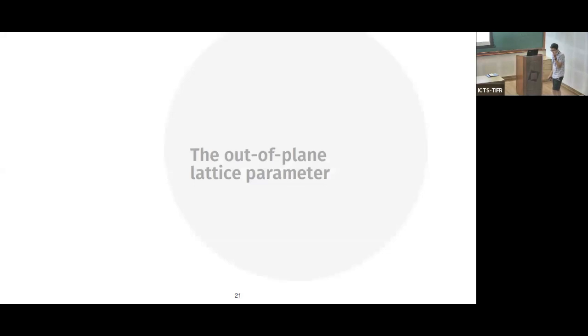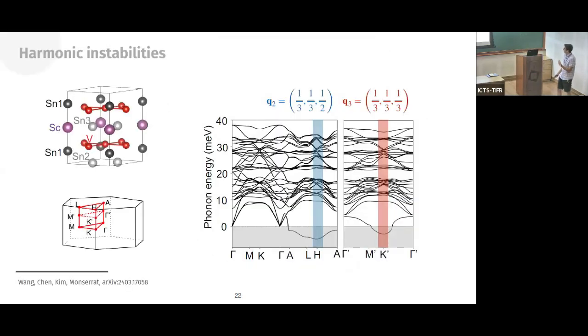So now I want to discuss some of our calculations on this compound. And the first idea I want to discuss is the role of the out-of-plane lattice parameter. So now these are our calculations. These are our harmonic phonon calculations, which again give results which are very similar to those published previously by other teams. And just to make things a bit clearer, the way I'm showing this is in this first diagram,